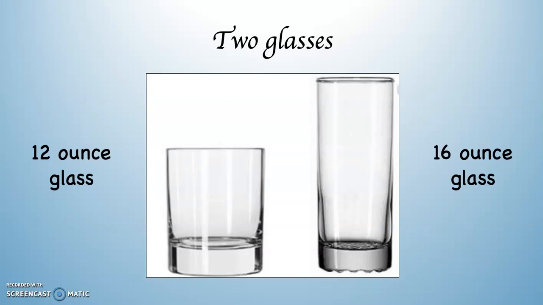Let's just assume the glass on the left-hand side is a 12-ounce glass and the glass on the right-hand side is a 16-ounce glass. What is the potential capacity of the 12-ounce glass? There's no water in it at all. But what is its potential capacity? 12 ounces, right? You could pour 12 ounces of water in there. Whereas with a 16-ounce glass, its potential capacity is bigger. It can hold more water, 16 ounces if it was full. Try to think of the atmosphere like that. Colder air is representing a smaller glass, so its capacity is diminished, and warmer air represents a larger glass, so its potential capacity is increased.